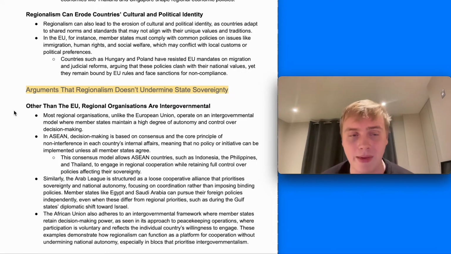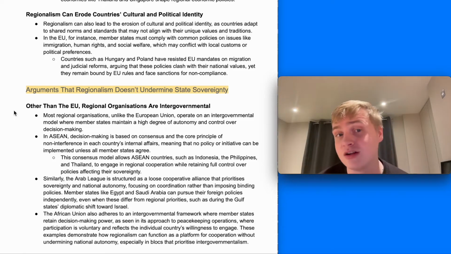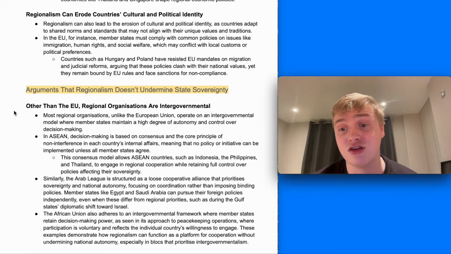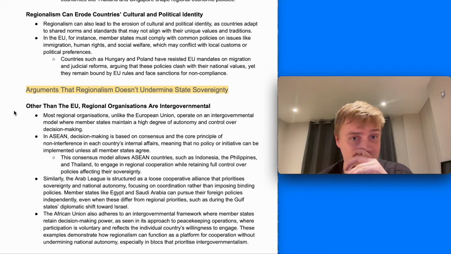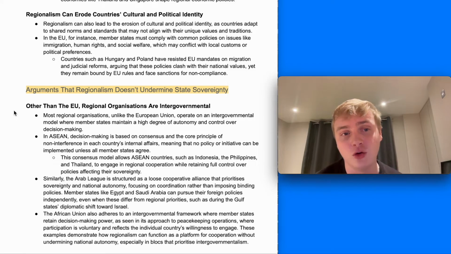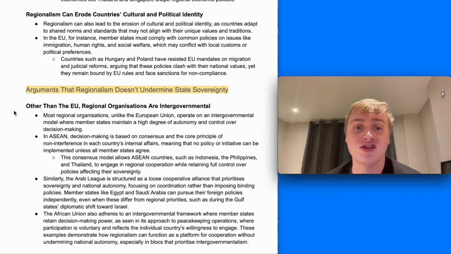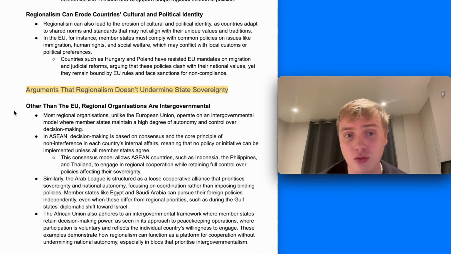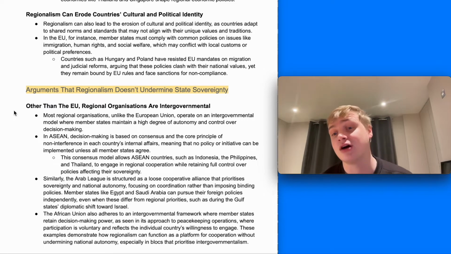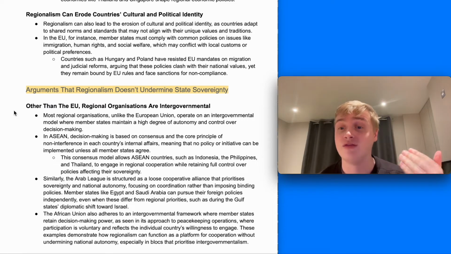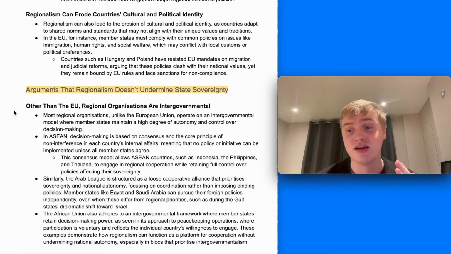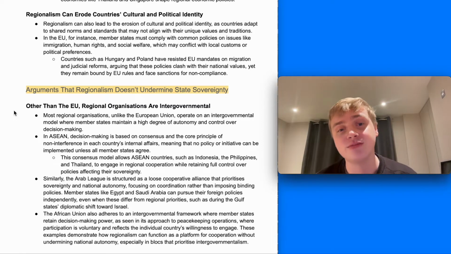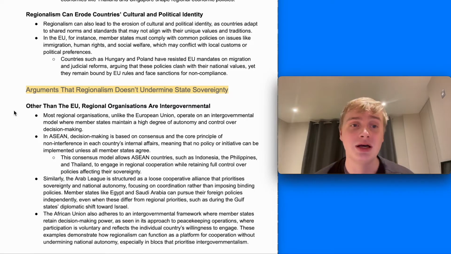And I think the EU is the real main one for this, where member states must comply with common policies on issues like immigration, human rights and social welfare, because they're often decided by supranational institutions, which may conflict with local customs or political preferences. So Hungary and Poland have resisted EU mandates on migration and judicial reforms, arguing that they clash with their national values, but because they're made by supranational institutions with qualified majority voting, even though they voted against, for example, forced migration quotas, they've been forced to accept them, and that could potentially be seen as against their cultural and political